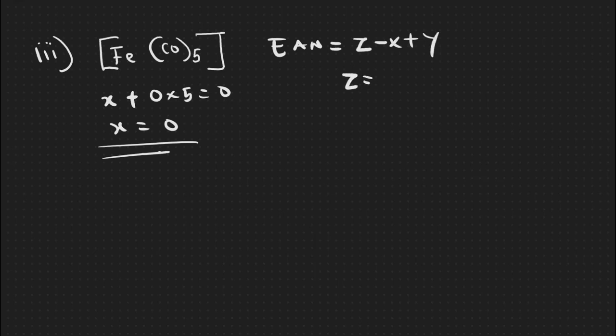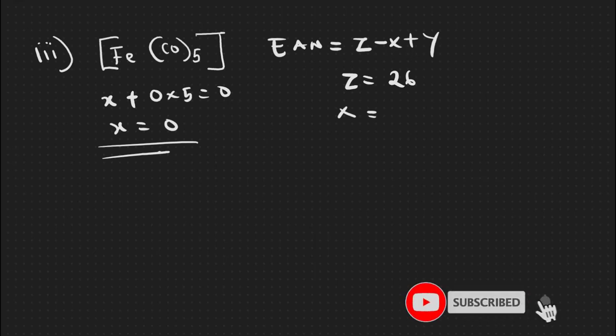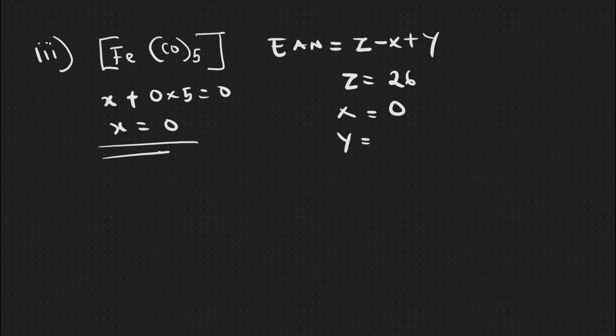The atomic number of iron on the periodic table we know is 26. Then our X, which is the oxidation state of the central metal, is 0, and our Y, which is the number of electrons donated by the ligands, we have 5 of them. So our EAN is going to be